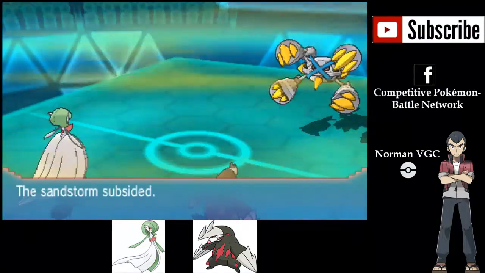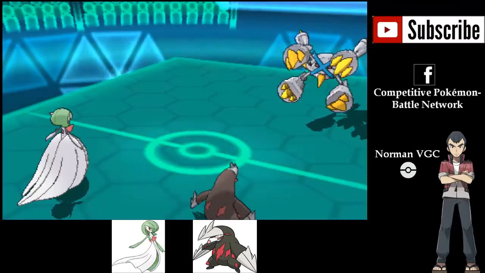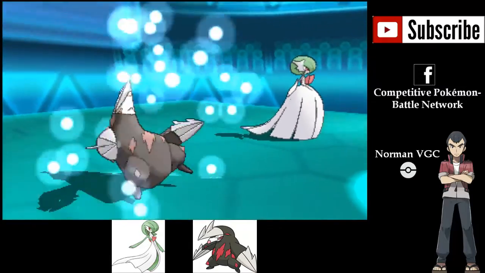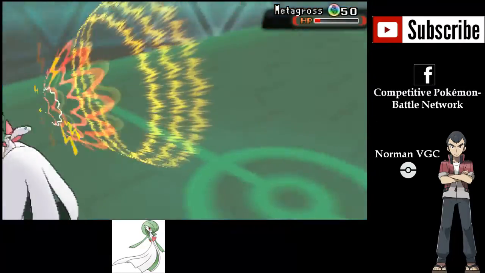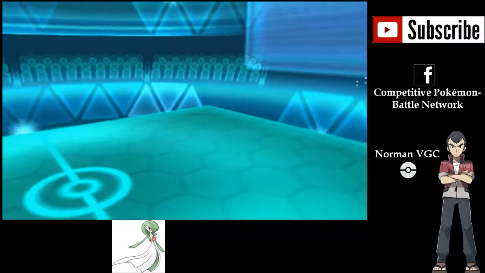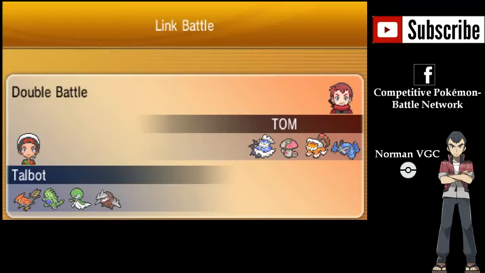So the battle is almost all but decided here. Iron Head is going to go into Excadrill's slot, and it is going to knock it out. But I decided to go for Hyper Voice because it is only resisted times 2 instead of times 4 like Psychic would be, and I do pick up a KO. So overall, it was a